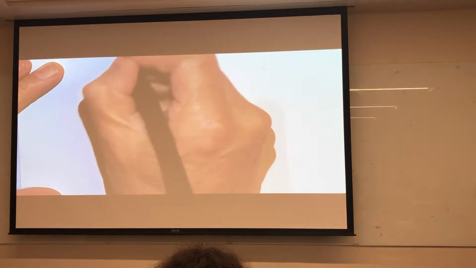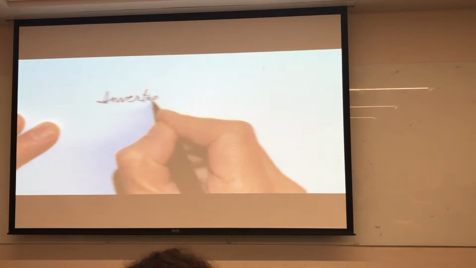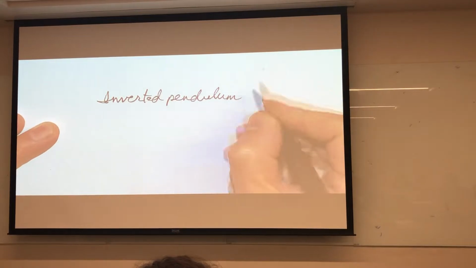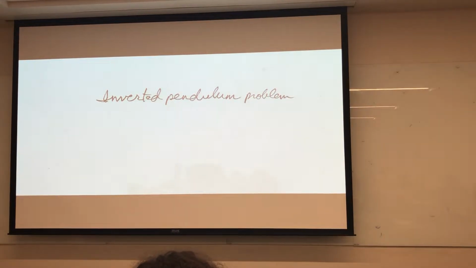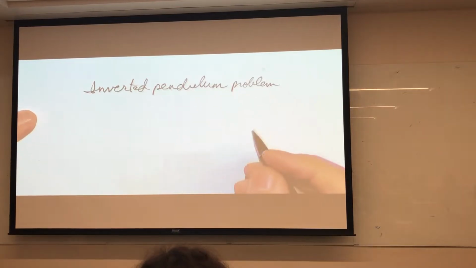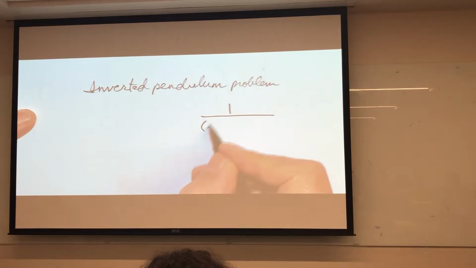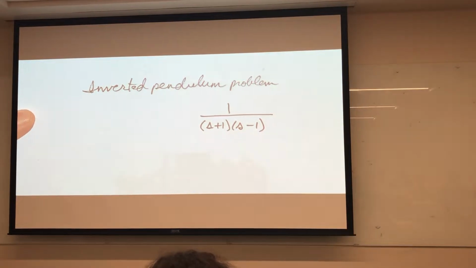This is classically called the inverted pendulum problem. And so the plant has a model that looks like this. Okay, so you can imagine